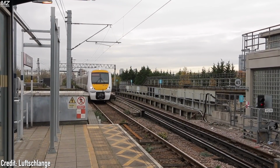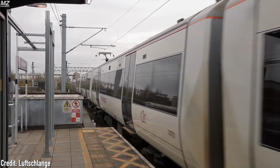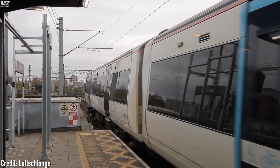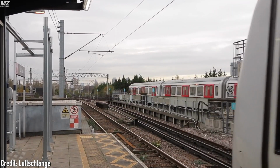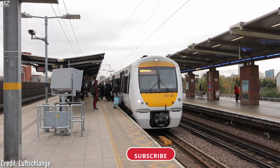Now I know that this would be yet another route that runs through southern England, specifically the London region, but it would be a bit different from what we've seen before in the game. We would be getting an all-new operator with c2c, and would be able to experience a fairly busy timetable with some of the subsurface London Underground lines. If you enjoyed this video and you would like to see c2c in Train Sim World 2, like the video